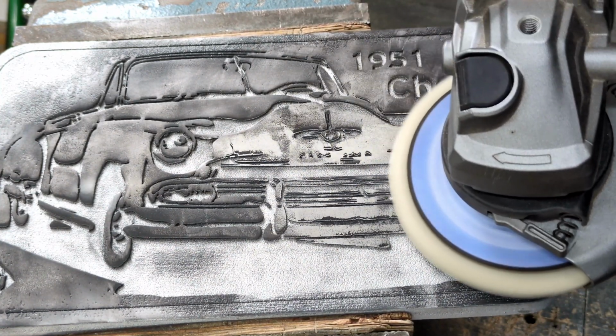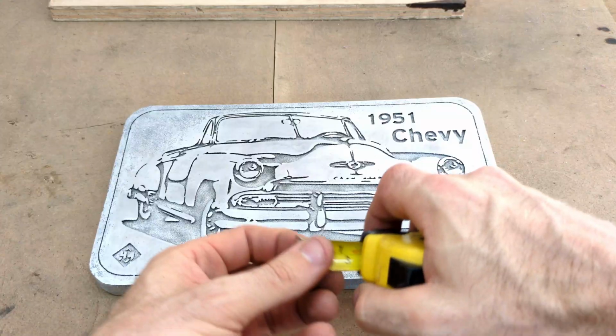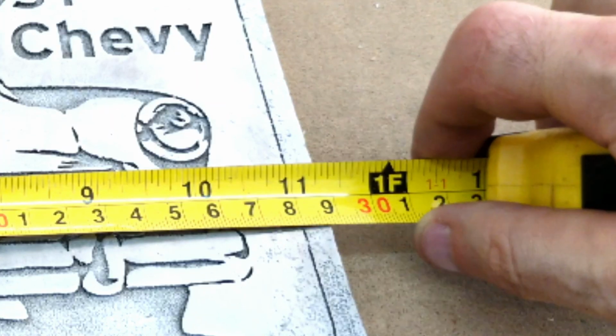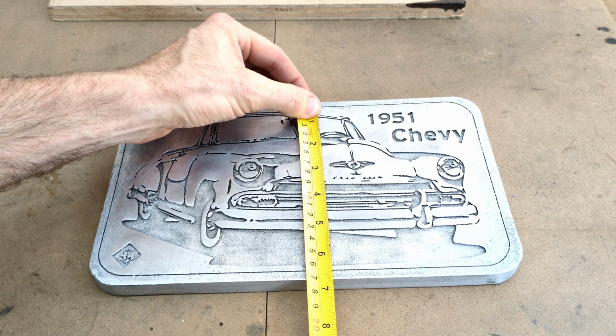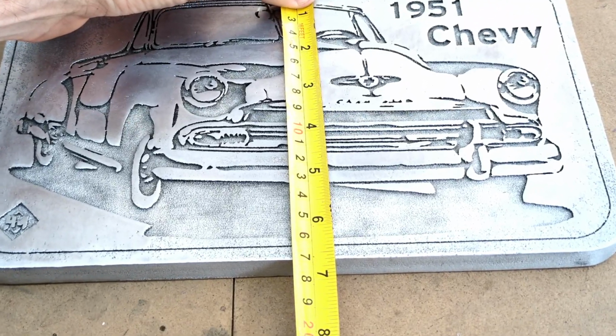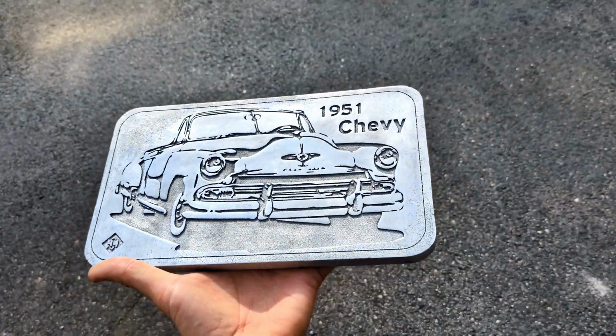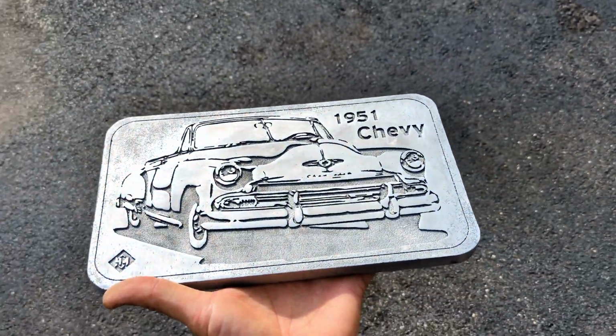Once the polishing is all done, now it's time to measure this thing, because I'm sure you want to know how big it is. And it's huge. It's like 11 and a quarter by 6 and a half, 6 and 3/4. This thing's huge. Now it's time to bring it out into the sunlight so you guys can see the shine